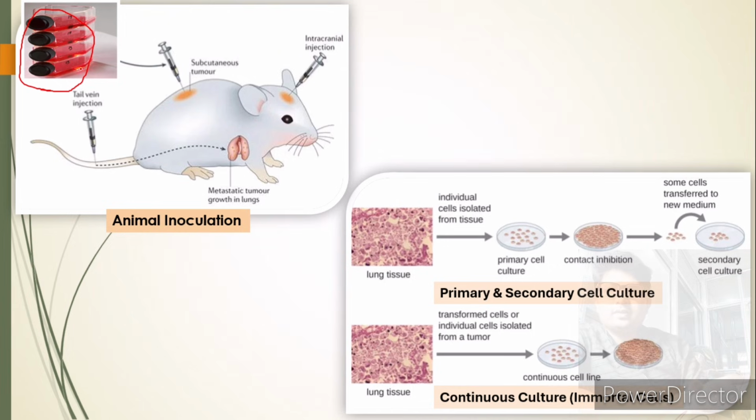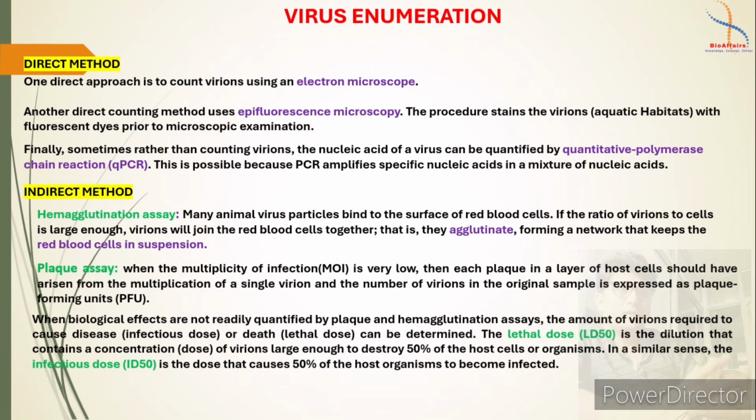Now after the cultivation, you need to know the amount of virus in a sample, or viral enumeration. It can be a direct or an indirect method; different methods can be applied. In one way, in a direct method, one direct approach is to count the virus through electron microscope or the use of microscopy. Directly you can count the number of viruses per cell and then apply a formula to count the whole cellular processes or per ml or PFU.